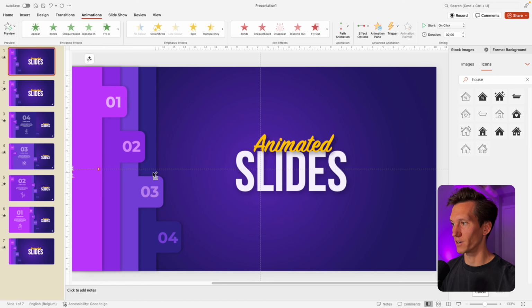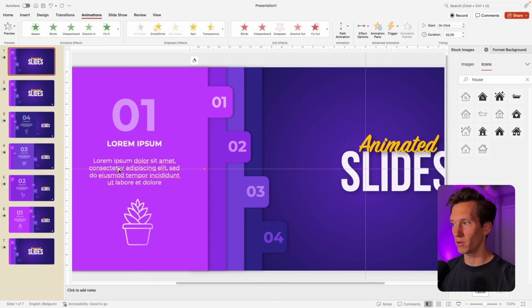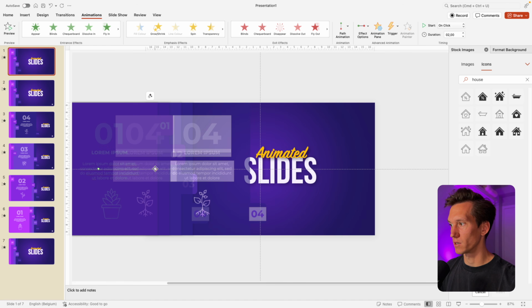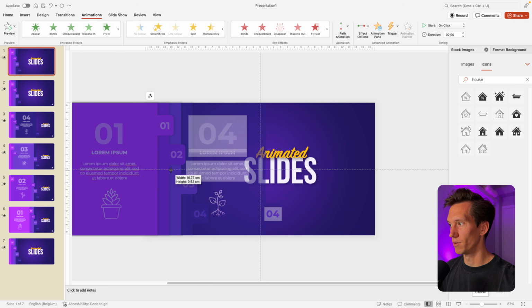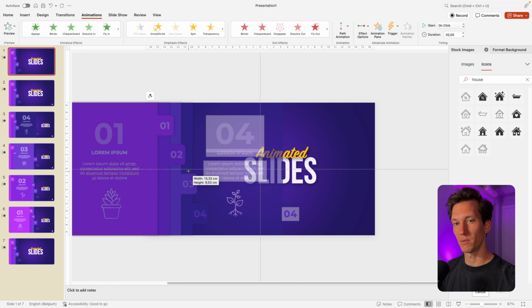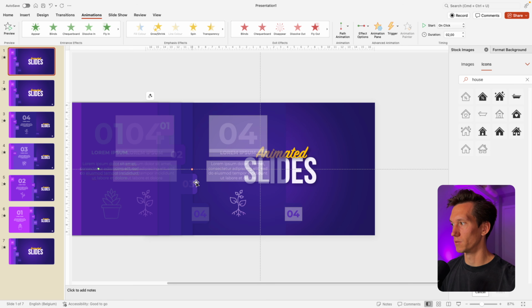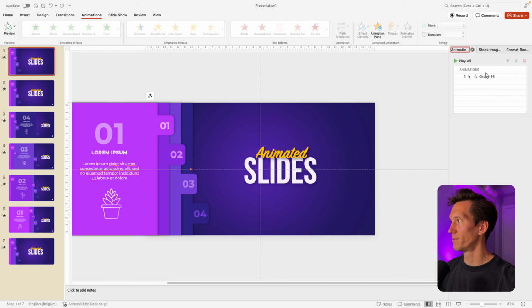So you see if I zoom in, you see very small, like a green arrow and a red arrow. And that is the beginning and the end state. So if we select that green arrow, we can drag it to the right, and we sort of see it in semi-transparent. So we want to position that in the correct way. So for that, I'm going to do that and then release it, go to animation pane, and this happens on